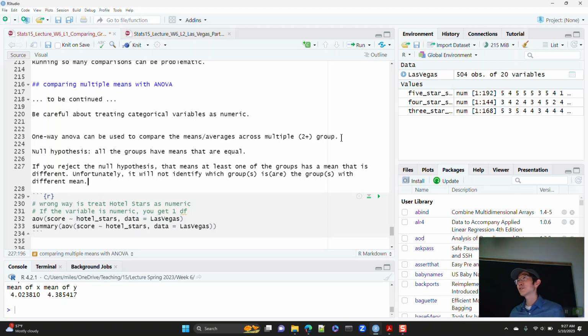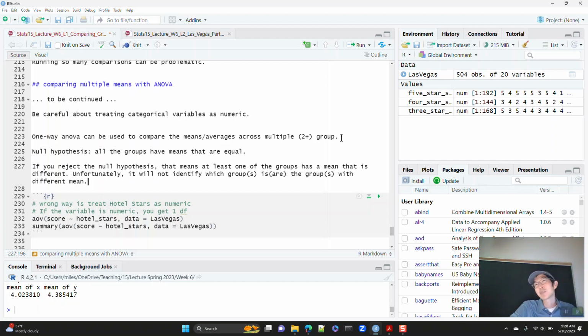So if you have 20 groups that you're comparing, your null hypothesis is that all 20 groups are the same. It doesn't matter if you come from California or Alabama or Alaska or whatever, the average height of people in all of these states is maybe all the same. Is there a difference in average height from people from California versus people from Alabama versus people from Arizona?